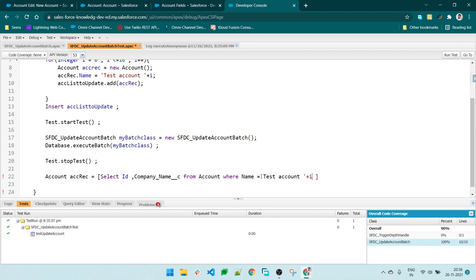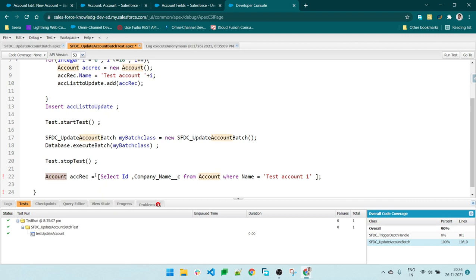The name must be like this: Test Account, and in place of this I, at some point we must have 1 or 0.